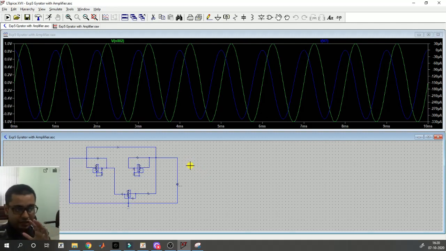Okay, and you can use any circuit for the gyrator and negative impedance converter, either the one that I have taught now or the one that is there in your manual. And I will come back with another video on this experiment, which will be slightly advanced, which will require a little bit of knowledge of op-amp, which you may skip for now if you have not studied op-amp yet.